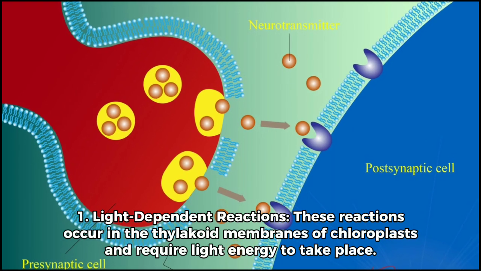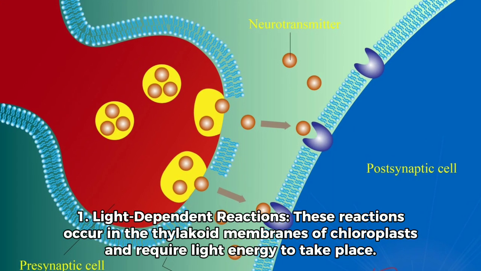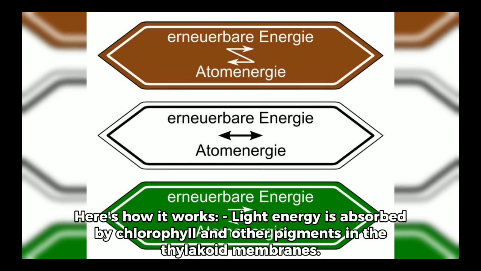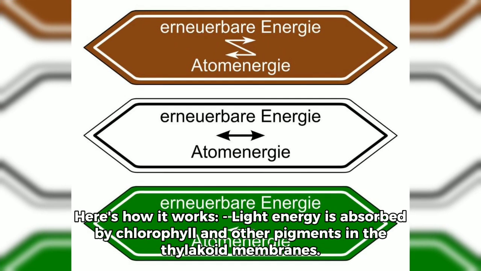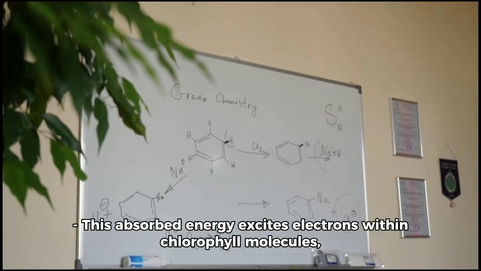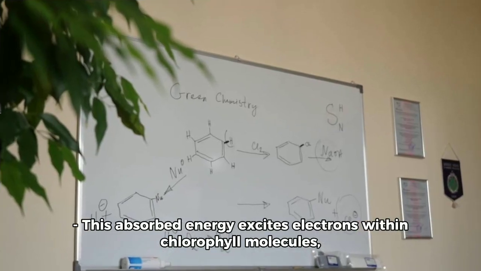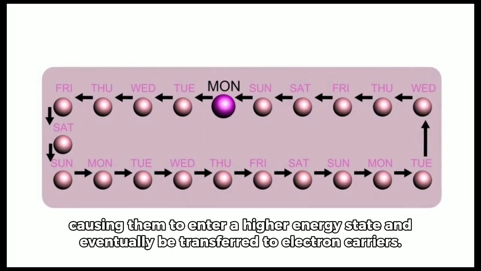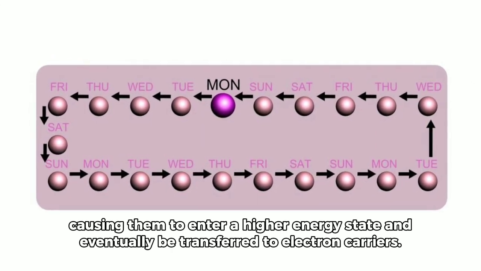1. Light-dependent reactions. These reactions occur in the thylakoid membranes of chloroplasts and require light energy to take place. Here's how it works. Light energy is absorbed by chlorophyll and other pigments in the thylakoid membranes. This absorbed energy excites electrons within chlorophyll molecules, causing them to enter a higher energy state and eventually be transferred